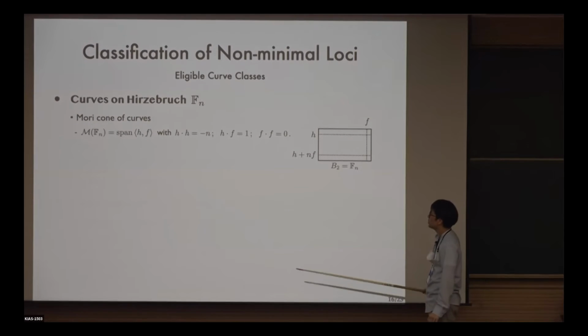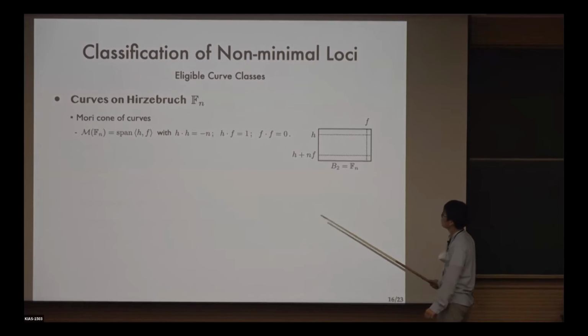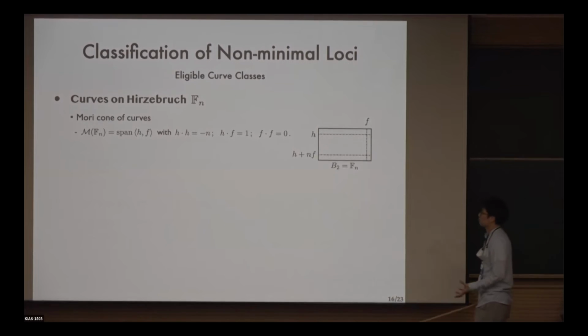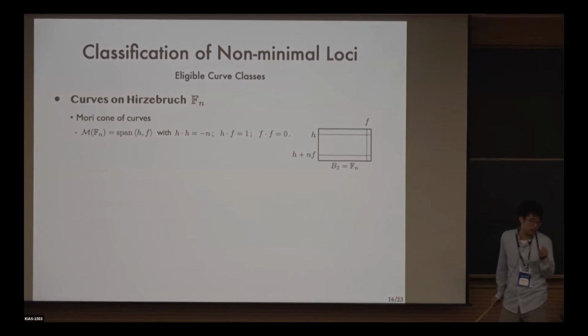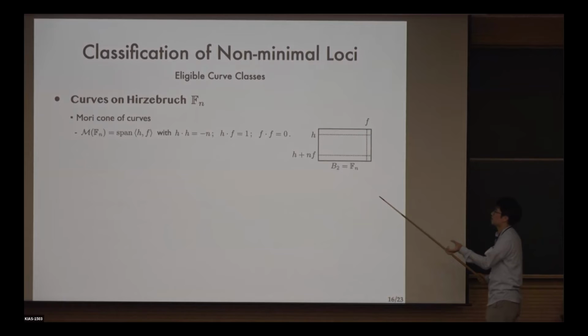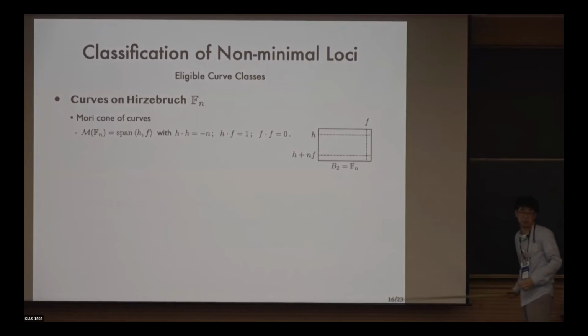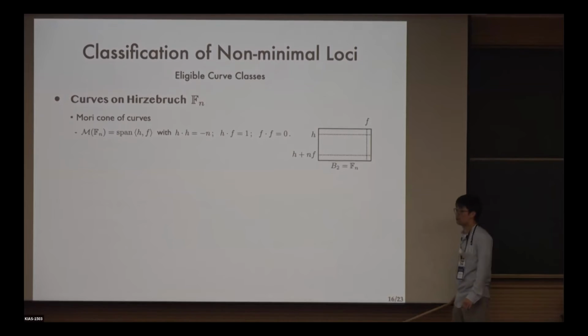However, now the 7-branes are lying on curves on this Hirzebruch surface, and therefore previously we had some structureless point where the 7-branes are sitting, but now we have some inner structures of the curves that will be wrapped by the 7-brane, and therefore we need to better understand the curve structures that can be wrapped by non-minimal 7-brane stacks. And for this purpose, let me briefly tell you a few basics about the curves on the Hirzebruch surface Fn.